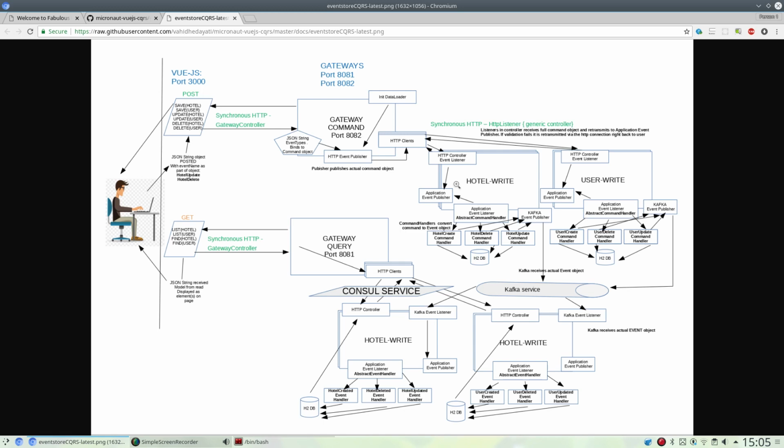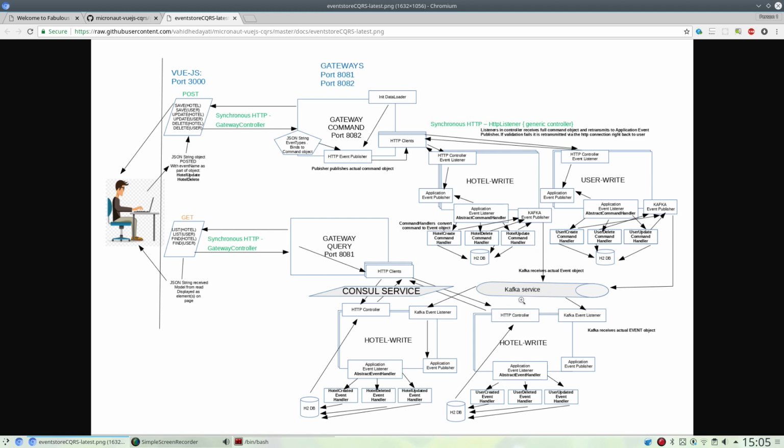Application event publisher has an abstract command handler sitting there, which listens into any events or commands that have been passed into it. And that then has abstract methods of hotel create command for each command that it will deal with: hotel delete command, hotel update command, handler, and the handlers for those commands. And they simply write to a DB and publish to Kafka event publisher. And they both do the same thing. So they've got a local copy of it locally, and they send it to Kafka. Kafka picks up